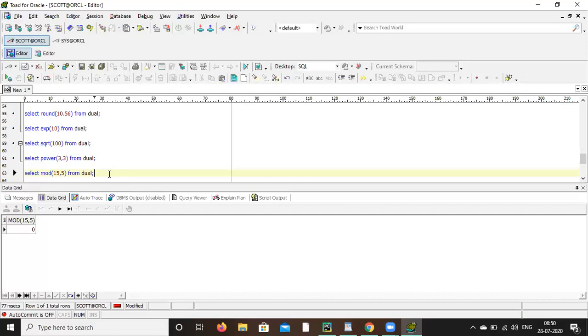So modulus you can find like this, mod of whatever you can give. It will give the remainder. Okay, so you can save it.